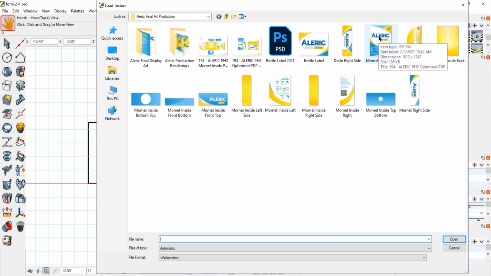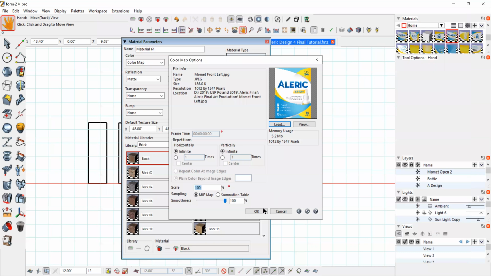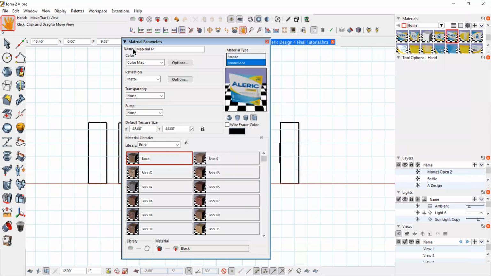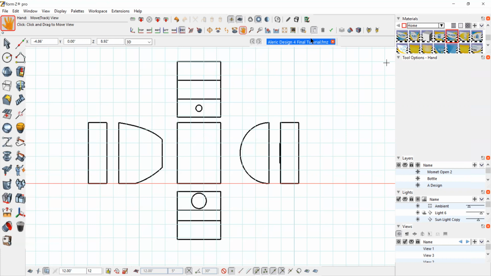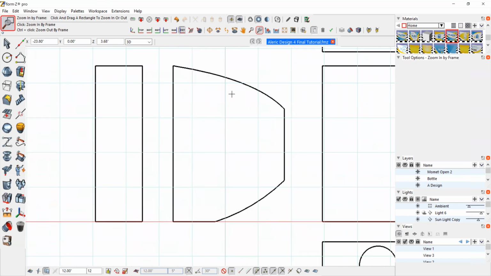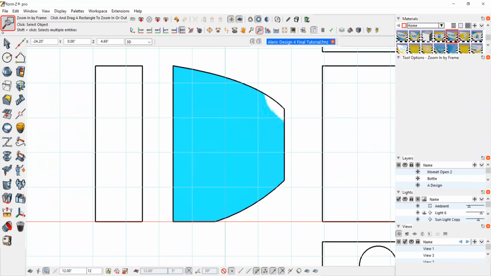So this is the map that we're working on here. Each one of these you will bring in separately. That's that map, and you say OK, and then we're back to our materials parameters. Under the materials parameters, you can leave everything the same. What I did under reflection, since I know this is going to be a flat surface box, no reflectivity, I selected matte under here. And I'm going to do that for each one of these maps. So that particular map is the front left. If you just take that texture map and drop that right on top here,